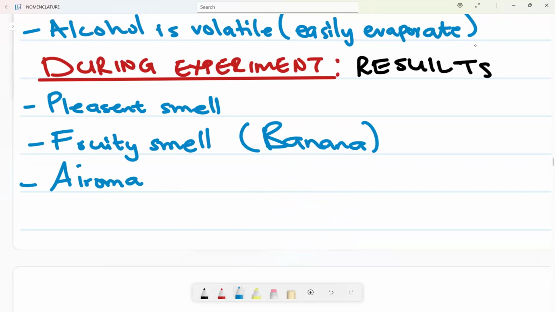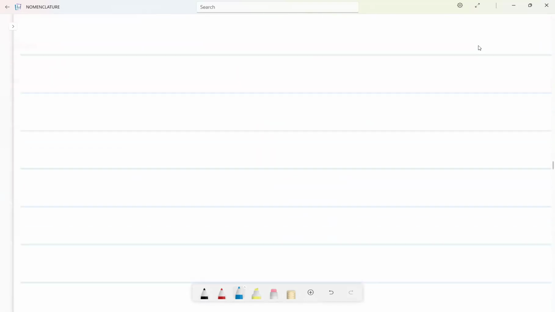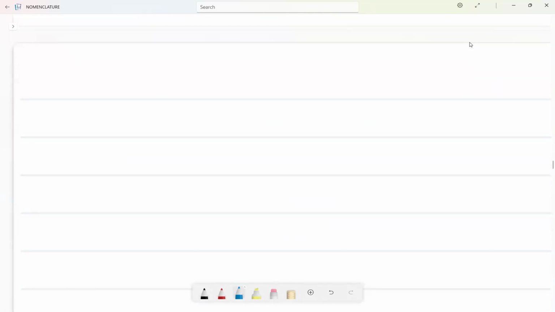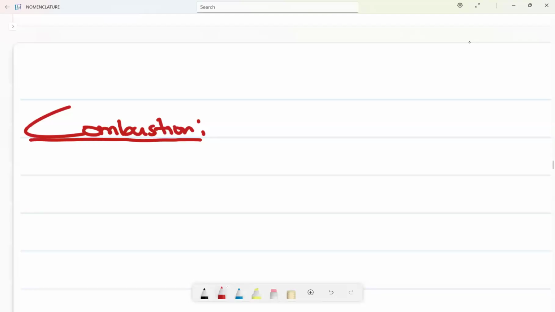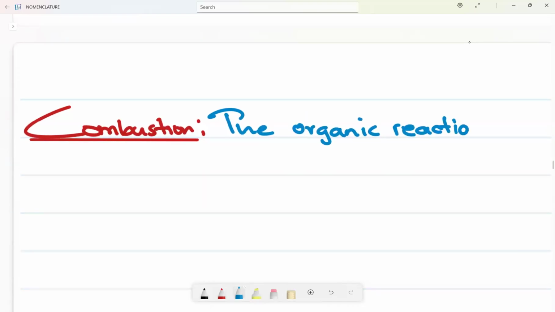The reaction of esterification, right? Now let's look at the last reaction, which we call combustion. This one is just a straightforward reaction. Combustion is the reaction of what? You don't need to know the definition; the ones you need to know are the ones I put a star on. It is the organic reaction in which